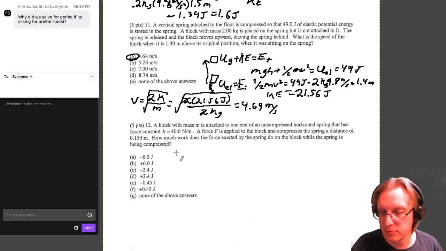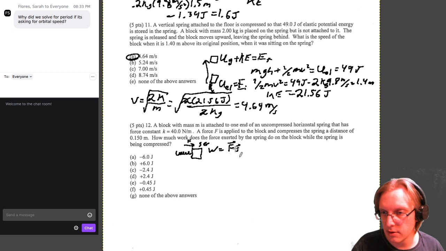So we have a spring being compressed by a block. We have a force F going this way and S going that way. So that means the work is equal to F dot S. As these are in opposite directions to each other, this becomes minus Fs. It's technically an integral here, but we don't need to do that integral